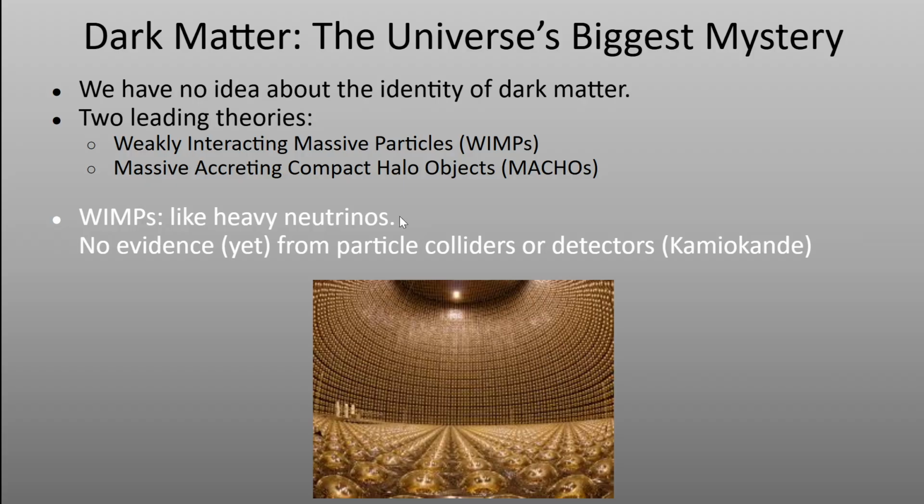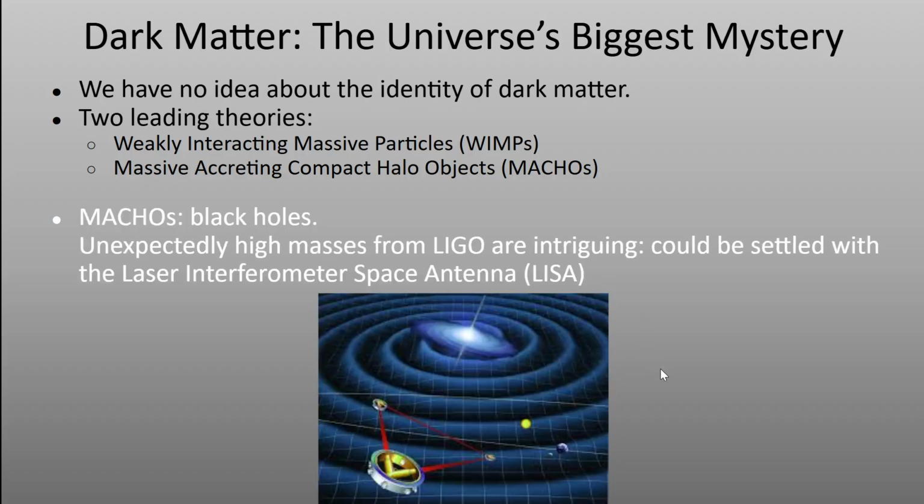In terms of how we detect those, maybe we could in space or in particle colliders. There are also these huge cavities. This is Kamiokande in Japan, where they've basically carved out the interior of a mountain and filled it with liquid xenon, or excuse me, this one might be filled with water, maybe deuterium or heavy water, which is mostly deuterium. And then there are all these sensors that are filling this experiment. And the idea is that if any particle interacts, then they'll notice some byproducts. And so far, there have been zero detections, though.